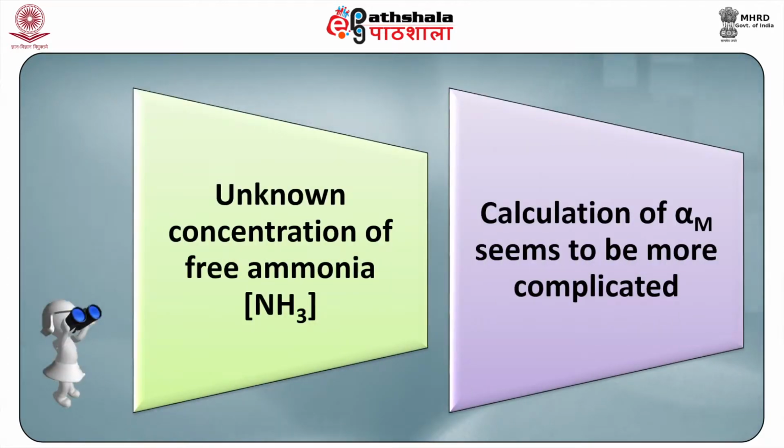It is noteworthy to mention here that the conditional constants have been paid special interest because they can be easily calculated. In fact, the pH of the solution can be known by alpha Y and alpha MY, whereas the constants beta 1 and K MHY are determined once for all. However, due to the unknown concentration of free ammonia, the calculation of alpha M seems to be more complicated, as only its analytical concentration is known, which is generally given by this expression: